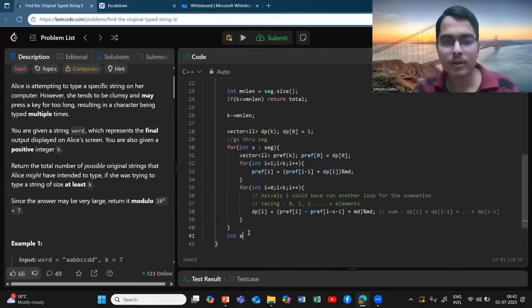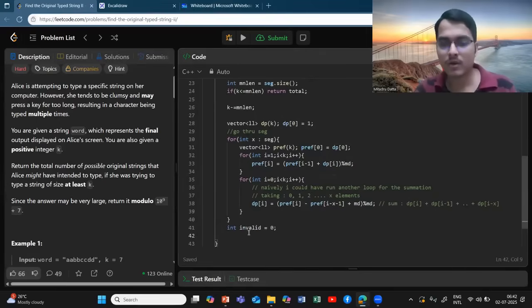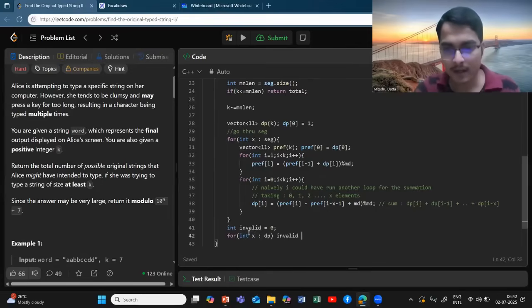So you are removing invalid operations. So what are those invalid operations? It is nothing but the addition over all dp's, over all the elements of dp. So for int x in dp, what you do? You do invalid equals invalid plus